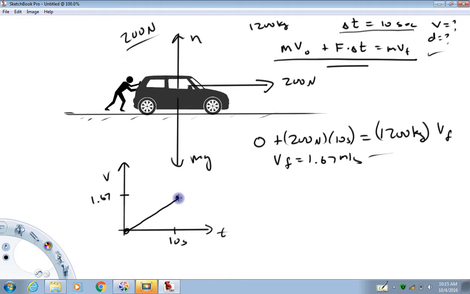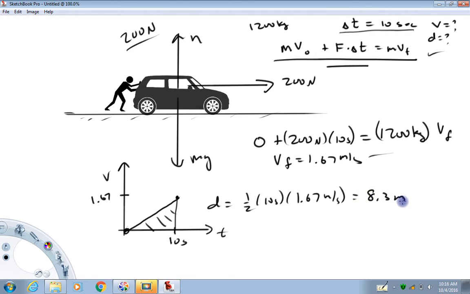This would be linear because you'll notice that this force is constant. None of these are varying with position or speed or anything. So constant force yields constant acceleration, which means that slope is going to be constant. Distance traveled is going to come from the area there, 1/2 times 10 seconds times 1.67 meters per second. What I get is about 8.3 meters